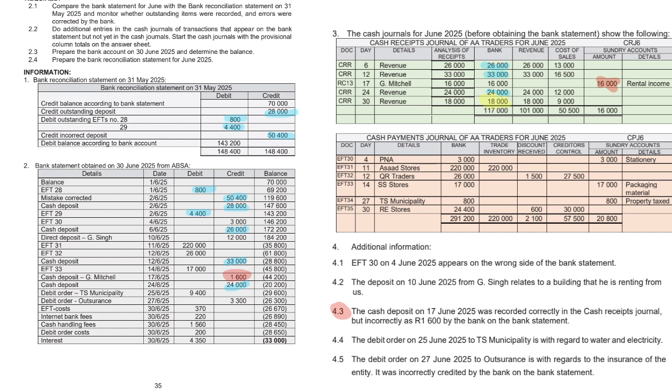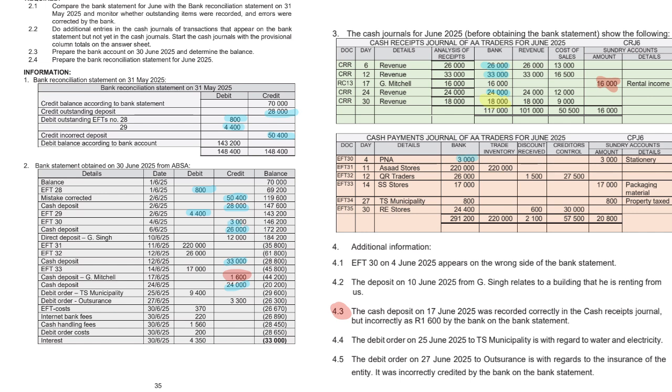So now we've basically taken all our cash receipts transactions, we've compared it to our bank statement given to us, and the only two entries that did not coincide were the rent income of 16,000 and this outstanding sales of 18,000. Now let's go to our CPJ. If we go to our cash payments journal, let's quickly compare what is similar. I had an EFT number 30 of 3,000. Yes, it is now on my